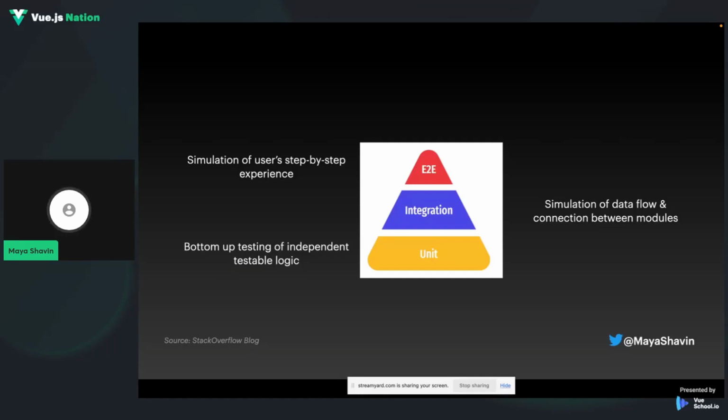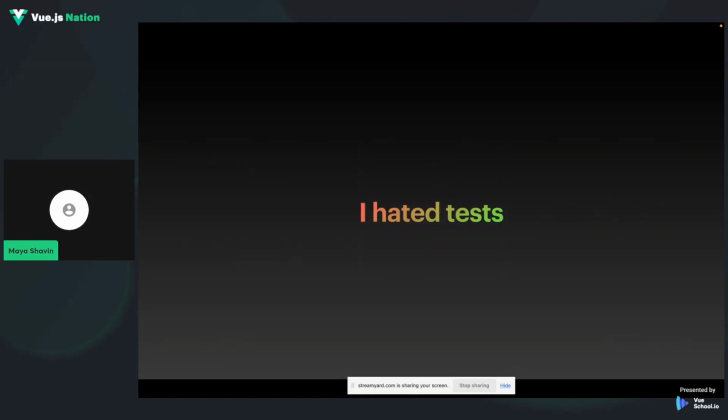However, I have a disclaimer to make. Well, I hate tests. And does anyone here hate them like me? And if so, why do you hate tests? Well, I have a lot of reasons for that.